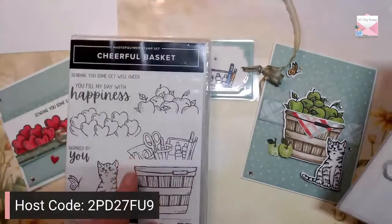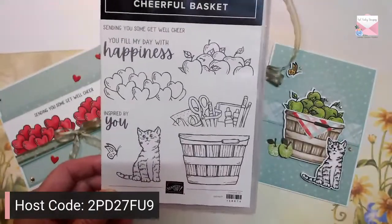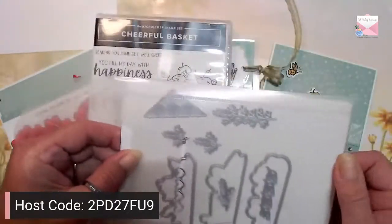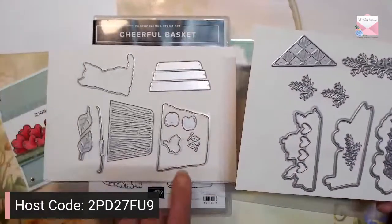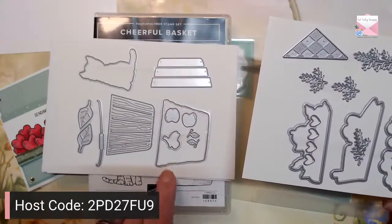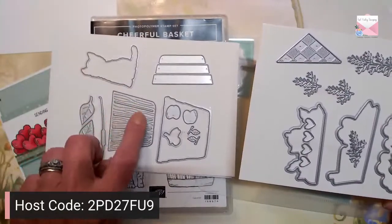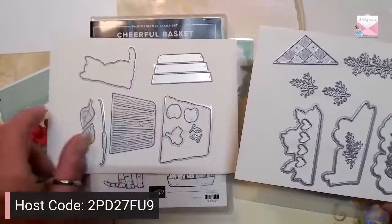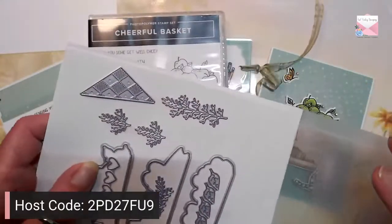Tonight we're using the Cheerful Basket. It is such an adorable stamp set. I just love it. Look at that cute little cat. And it also has some really beautiful dies. You can stamp the basket and cut it out and die cut it with this die, or you could use this die and it has the wood grain in it and then the slats to go across, which is also cute. So we'll be using some of these dies and the stamp set tonight